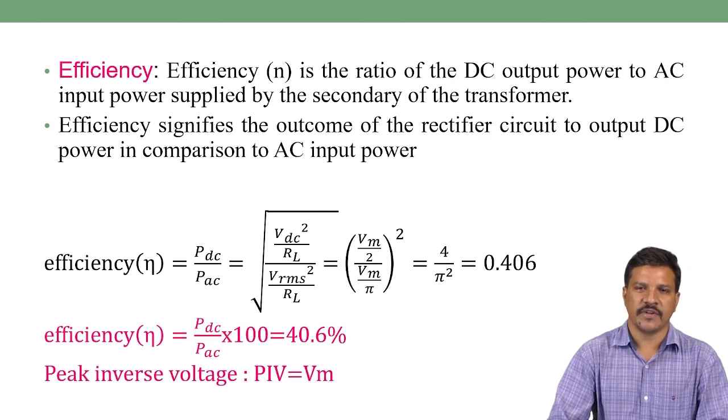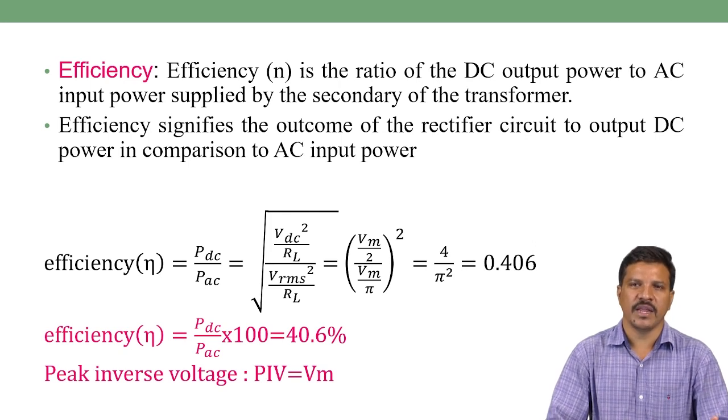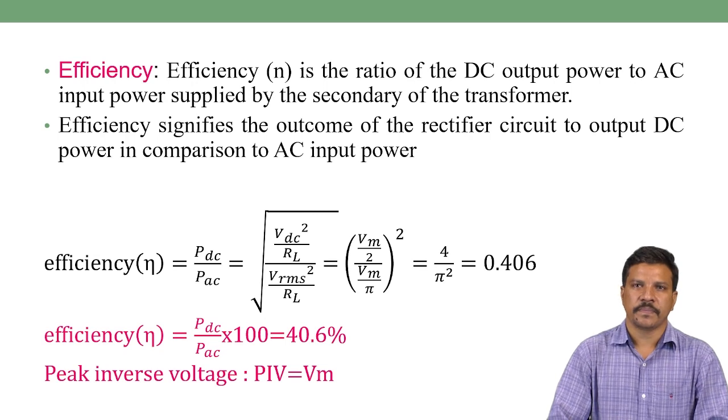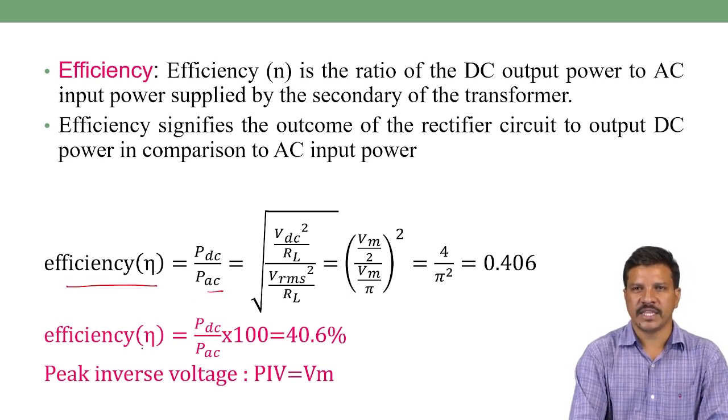Efficiency is the ratio of DC power delivered to the load to the AC input power. So as the formula says, how much DC power is delivered to the load by providing this rectification, for a given AC input power to the rectifier circuit. The efficiency signifies the outcome of the rectifier circuit, output DC power compared to AC input power. So the efficiency formula is PDC by PAC. PDC is nothing but